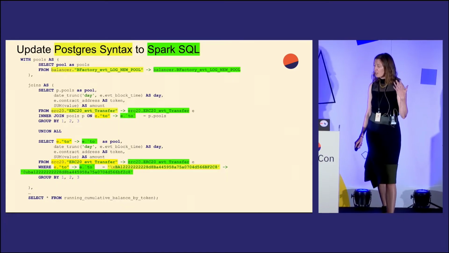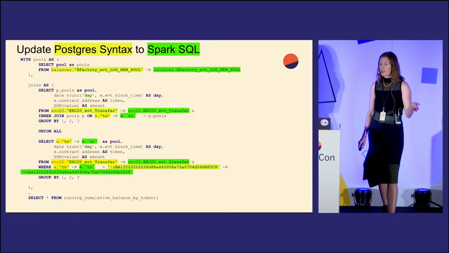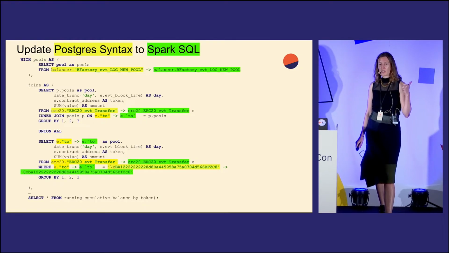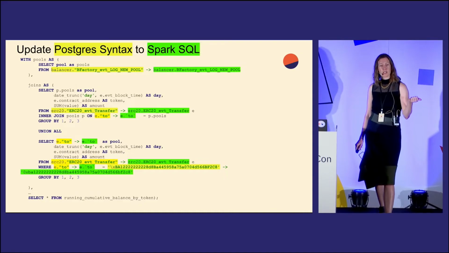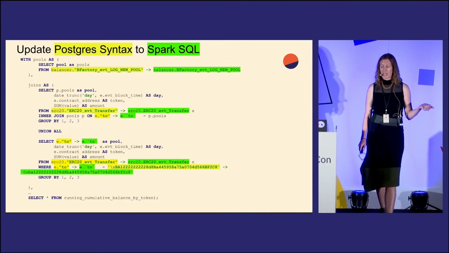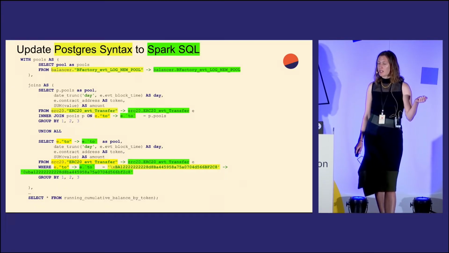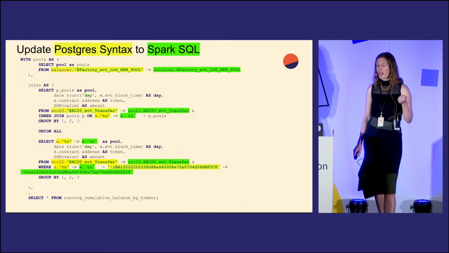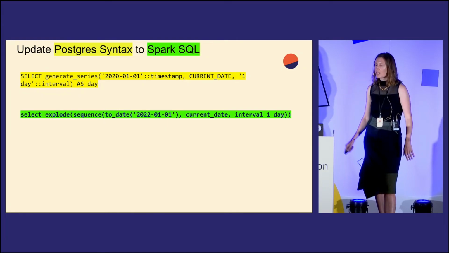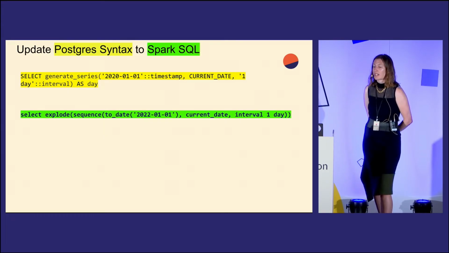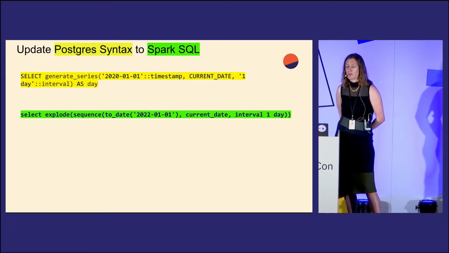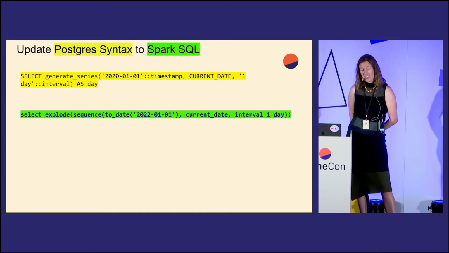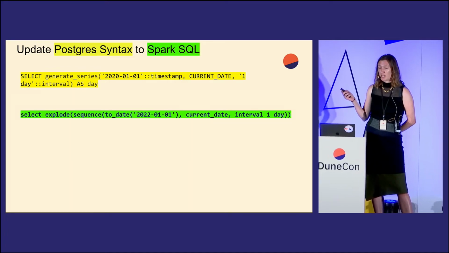I think they're going to be fairly simple for this particular query. So the first thing is just removing double quotes around table names, replacing double quotes around reserved keywords with backticks, and replacing the /x with 0x, and lowercasing the addresses. Also later in the query, there is some syntax for generating a series of dates. In Spark SQL, this just becomes explode sequence. So I think that is all the changes you're going to have to make in this query.